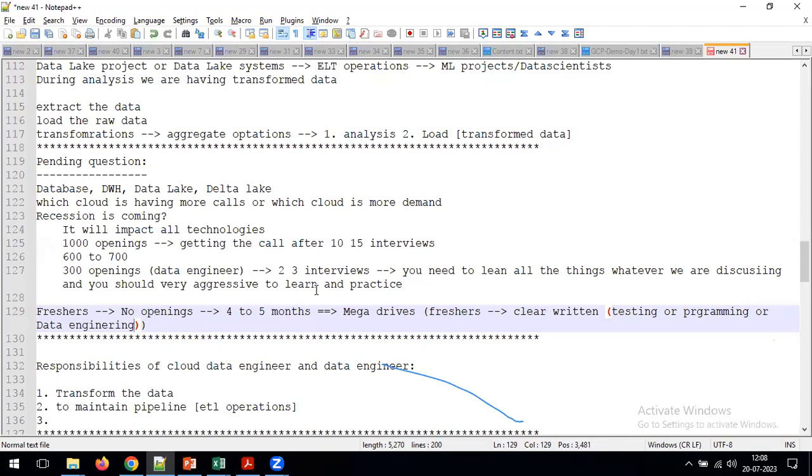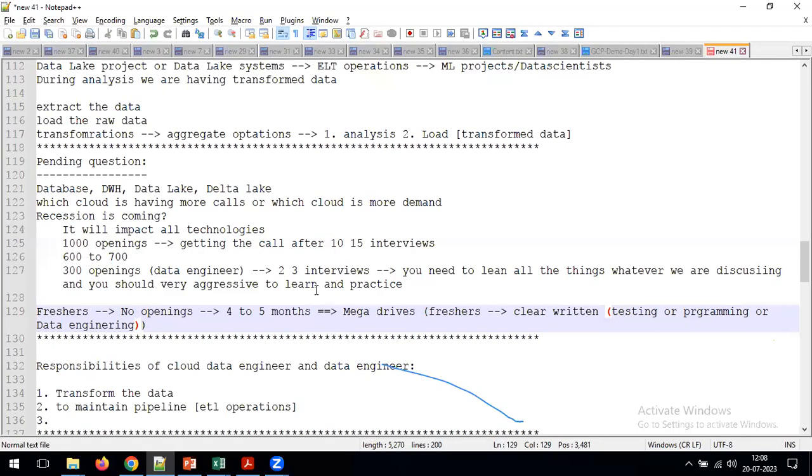See, for example, if you are a 2020 pass out, or if you are 2018 or 19, then you can put 2 to 3 years of experience. But if you are a 2022 pass out, how can you put 2 to 3 years of experience? It's impossible. Yeah, I passed out BTech in 2020. Oh, sorry, it's my mistake. I heard it as 2022. If you passed in 2020, then you can put the experience. Yeah. So how can you justify 2 to 3 years?